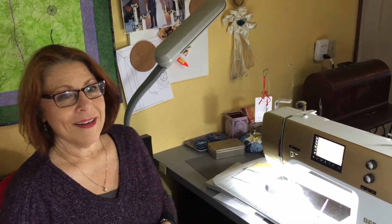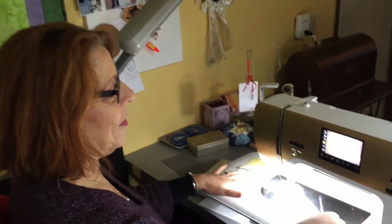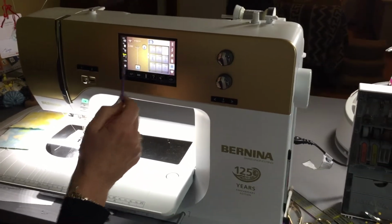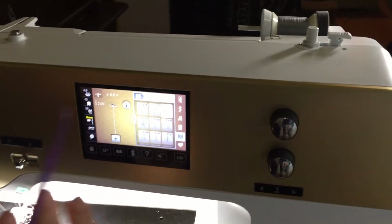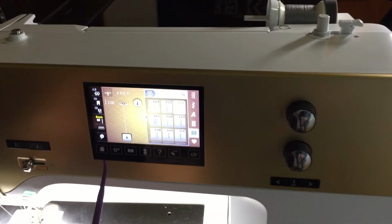I'm just showing you the basics and why I'm so excited. In the future, I'm also going to demo the bobbin and how it works, because I was really impressed with that from the get-go. But right now, I just want to work on sewing and what we did. So if we zero in right here, you'll see that my machine is already turned on, and I have it adjusted to the quilting plate. What I want to show you is that I went in